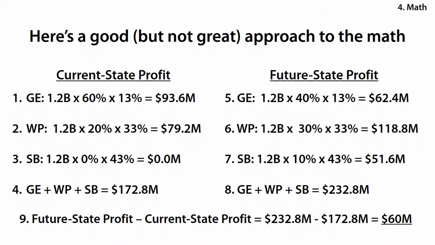So that is 7.2 billion over 10, which is 720 million times 13%. 10% is 72 million, and 3 would be 3 times 72, which is 216, plus the 72 is 93.6 million. Okay, so now I need to do Whirlpool of 1.2 billion times 20%, which is 1 over 5